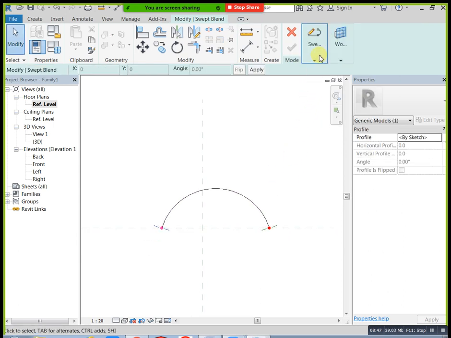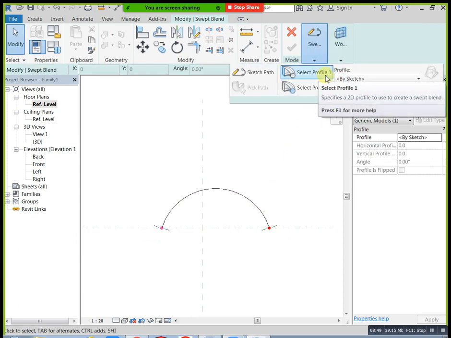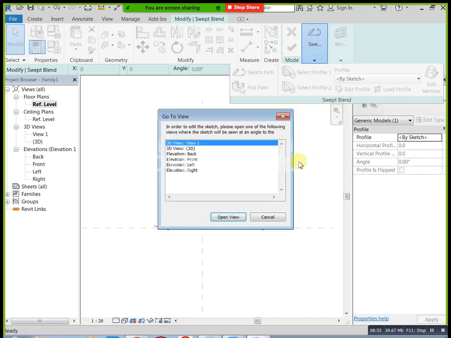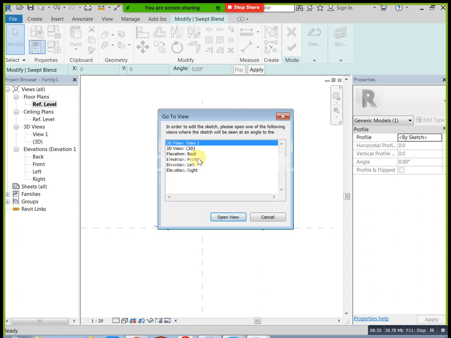Select profile 1 and click on edit profile.